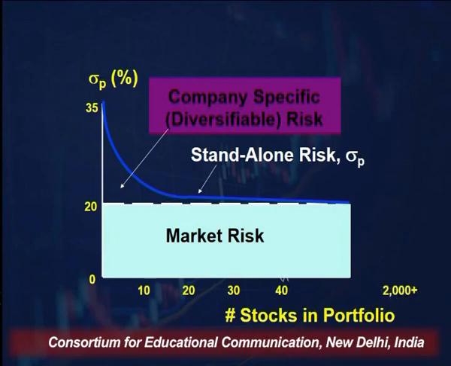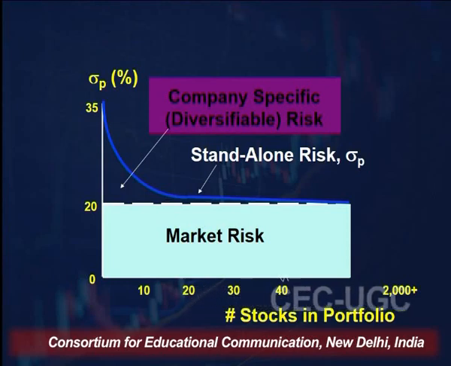Now, as you can see here, we've represented on the x-axis the number of stocks, and there we are starting with 10 stocks, 20, 30, and that goes up to 2000 plus stocks. And on the y-axis, we are representing the portfolio risk. Now, towards the lower segment, that means 20% is the bare minimum risk which will always be there in the market, which is known as systematic risk. The risk which can never ever be eliminated, which can never ever be diversified.